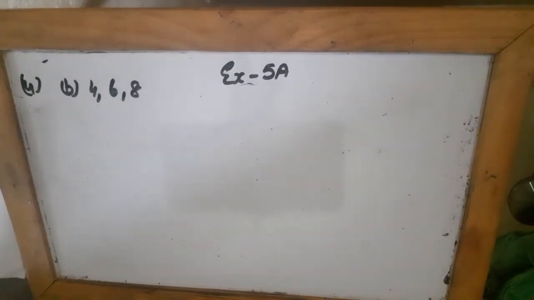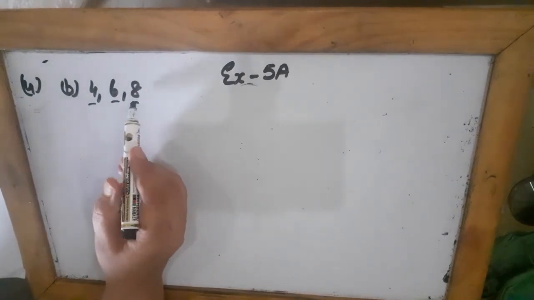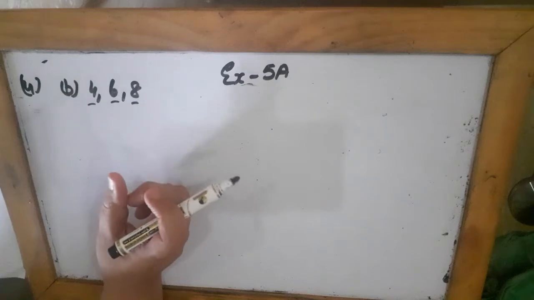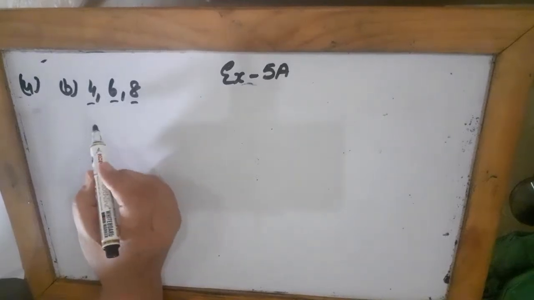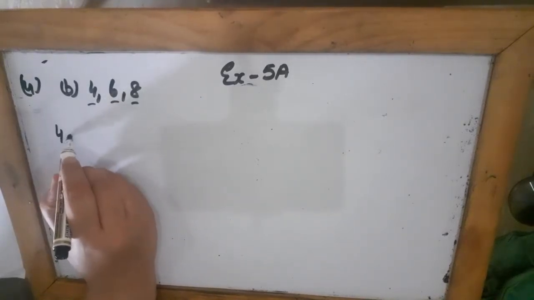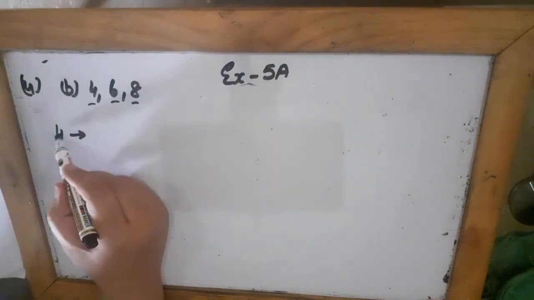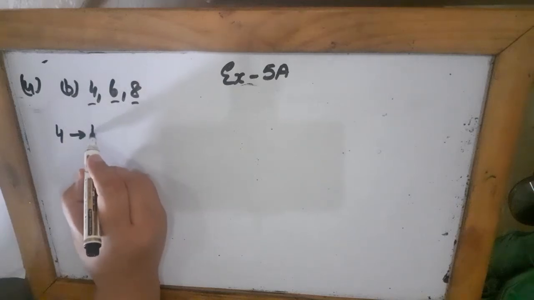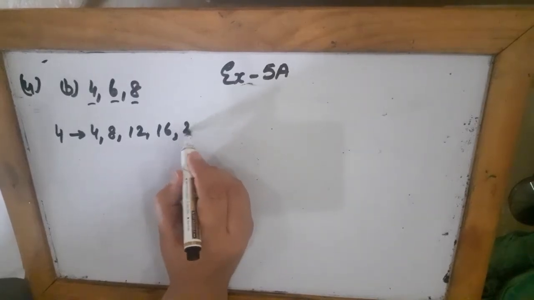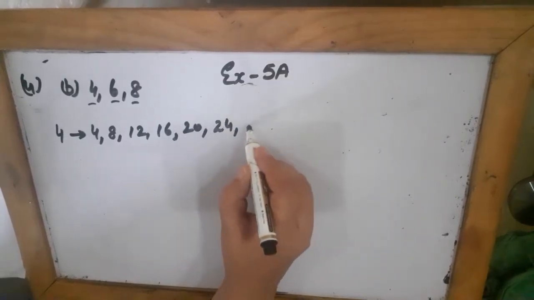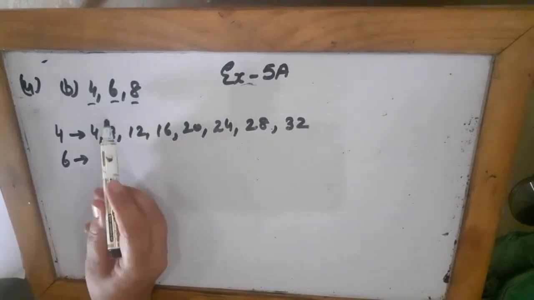They are asking you to write the first two common multiples. I have to write the common multiples of these three numbers, and the first two means I will start by multiplying these numbers with 1 only. When I have to find the multiples, what we will do is write the tables. Like 4 ones, I start multiplying 4 with 1. 4 ones are 4, 4 twos are 8, 4 threes are 12, 4 fours are 16, 4 fives are 20, and then 24, 28, 32, like this.